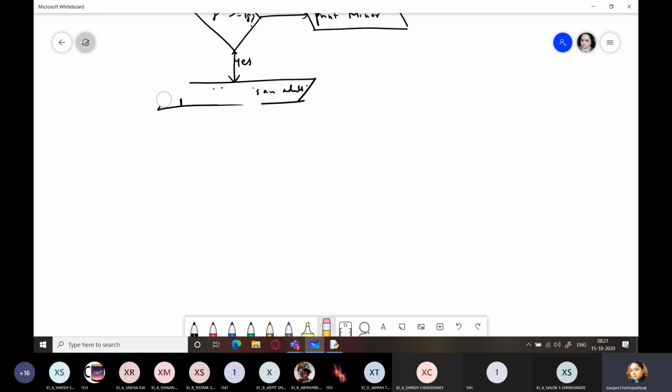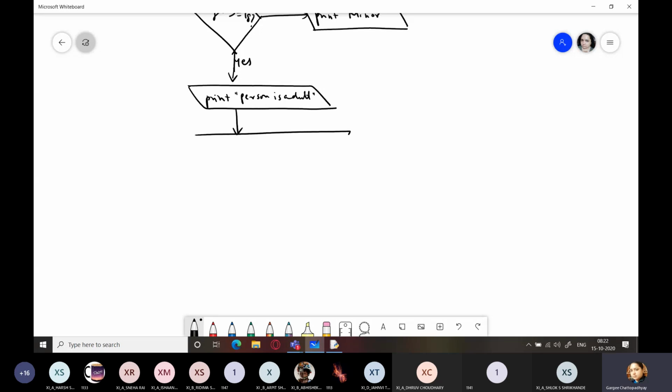I have used the input box whereas I had to use the output box to display the output. So output would be this, print person is adult. This I will be first displaying, and then I would be asking for some value.